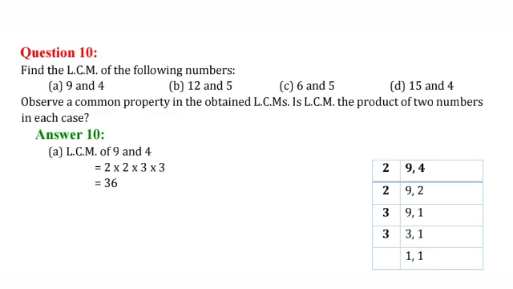Or, like the previous sums, we did the LCM factor method, so we have to do it like that also. 9, 4 we should write. 9 will not go in the second table. 4 will go, 2 2s are 4. Again 2 will go in the second table 1 time. Then 9 will go in the third table 3 times. Then 3 will go in the third table 1 time. Like that we take the factors and multiply: 2 into 2 into 3 into 3. 2 2s are 4, and 3 3s are 9. Then 9 4s are 36, also we can write.